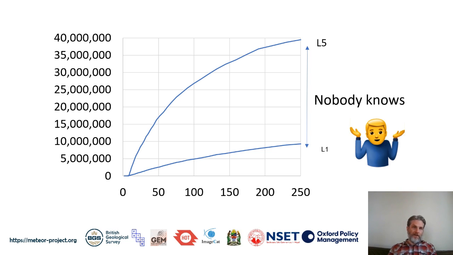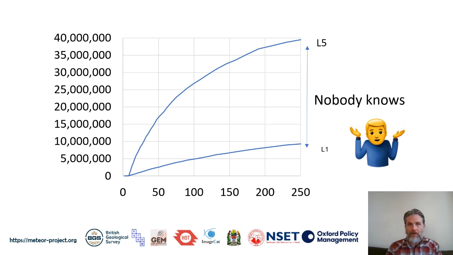So the question is, if you're mapping what your loss is going to be over a return period, this is just a theoretical curve, what's going to be the difference between this level 1 and this level 5? Is it going to be a factor of 4? A factor of 8? A factor of 2? We really didn't know. And we felt as if no one had really studied this problem significantly, gone through an entire probabilistic analysis with various exposure data sets to see how much error can actually be attributed to the exposure data itself,